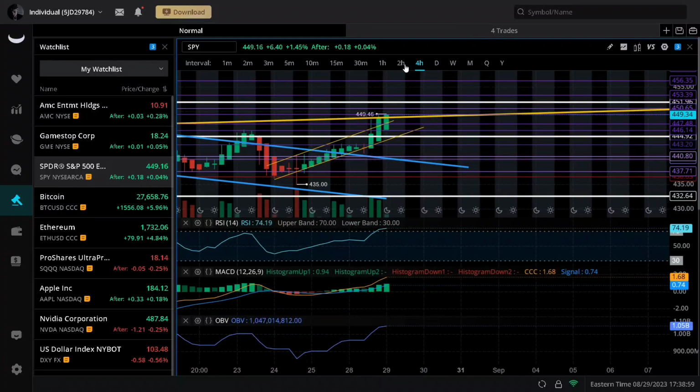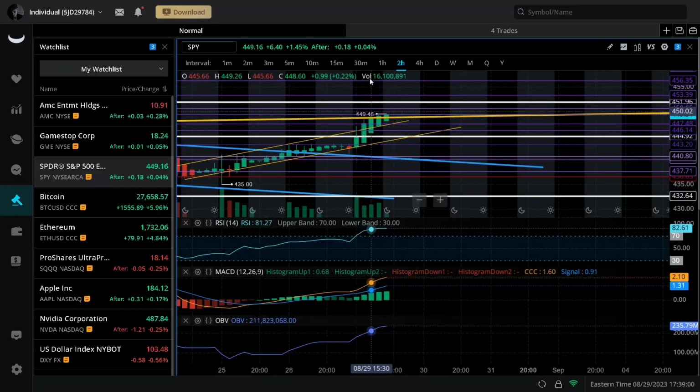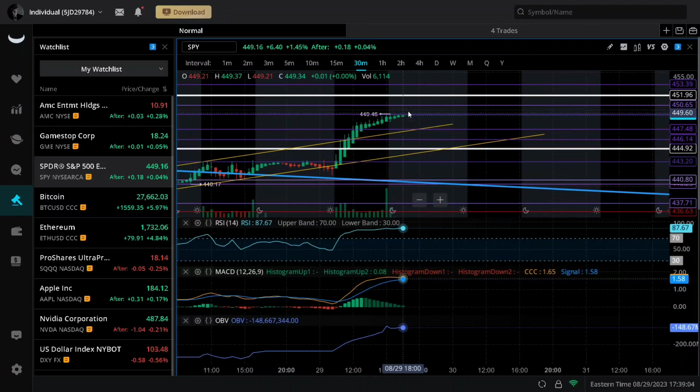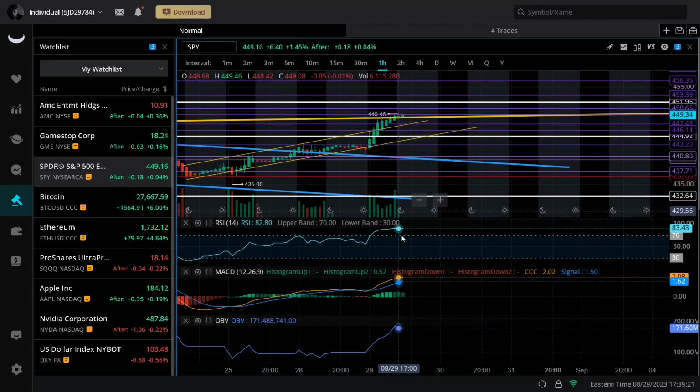Now, I think SPY is nearing the top. My personal opinion is it's probably going to go to 450 and then start seeing a push to the downside. It looks like it's riding on the support right now. It might see one more quick little pop up to about 450, but SPY is going to be moving to the downside. You can already see that the MACD is starting to curl to the bearish side as SPY starts to lose momentum here on these higher ranges.